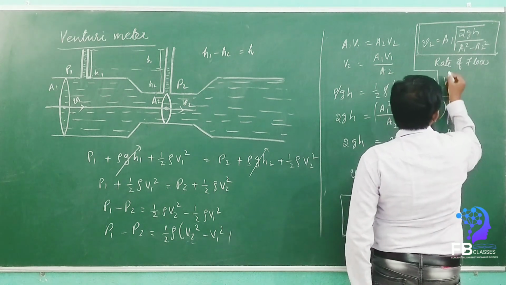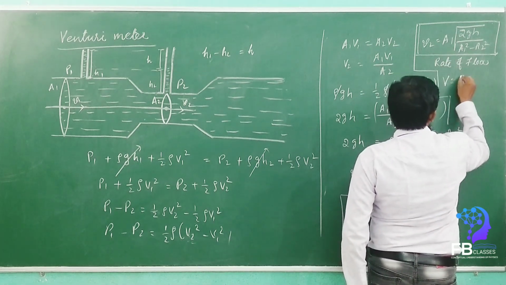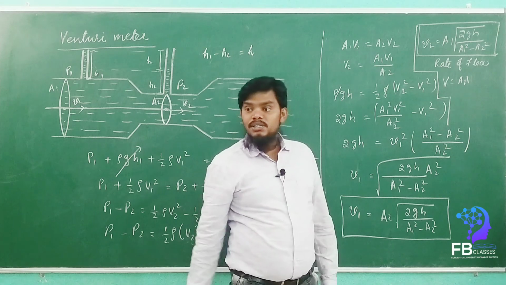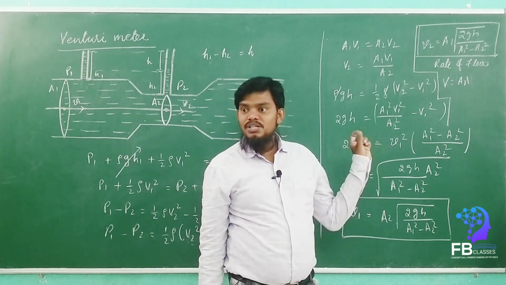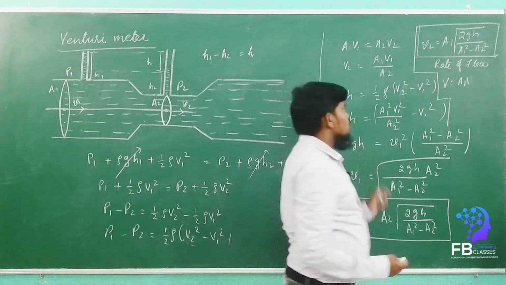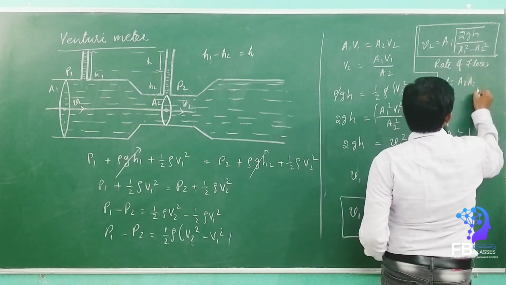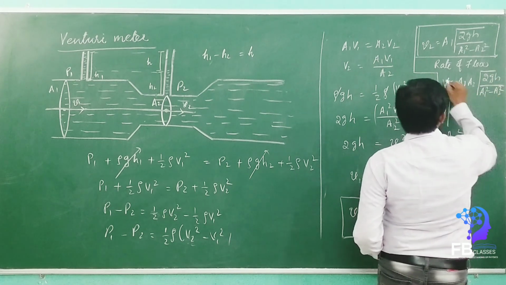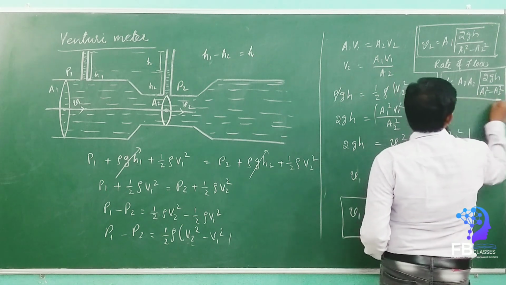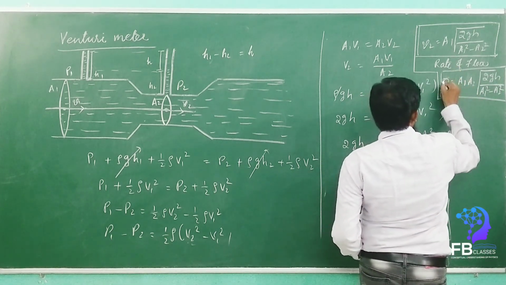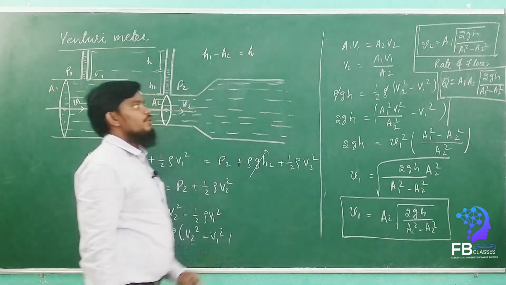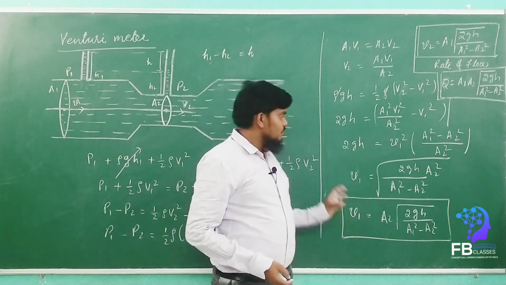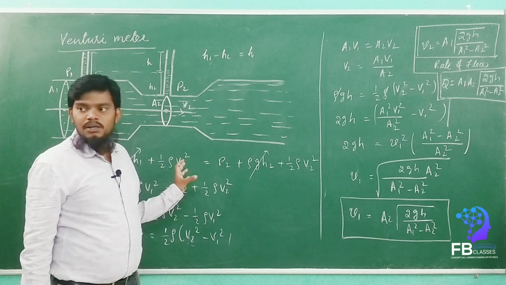So rate of flow is equal to rate of flow, the value V is equal to A1 A2. See, because for rate of flow we know that A1 V1 is equal to A2 V2. That means AV is equal to rate of flow. Yes or no? So total area is A1 A2 root of 2GH upon A1 square minus A2 square. So this is the total rate of flow. Got it? So instead of V, we can take the amount of rate of flow Q. Q is equal to A1 A2 root of 2GH upon A1 square minus A2 square. Got it? So this is the Venturi meter and its equations.